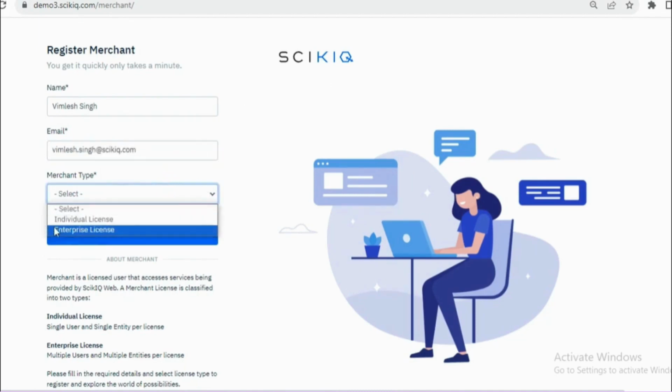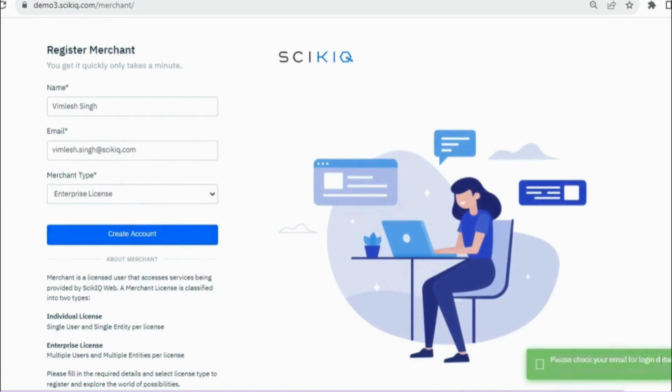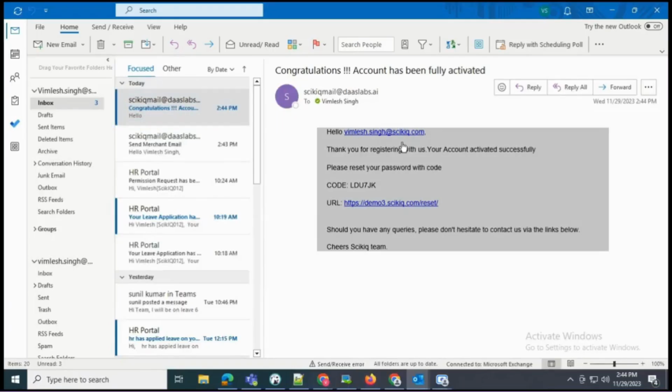3. Choose the enterprise catalog from the available options. 4. Click the Submit button to proceed. 5. Upon registration, the user receives an activation email to activate their account. 6. After activating the account, the merchant is required to reset their